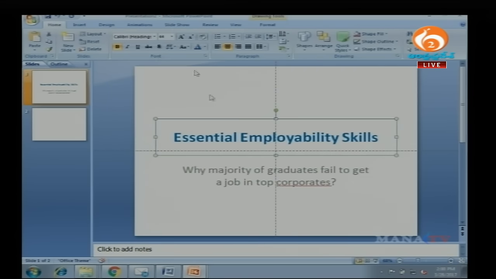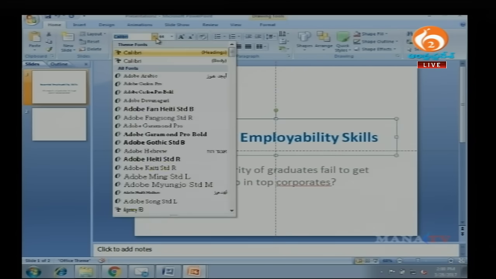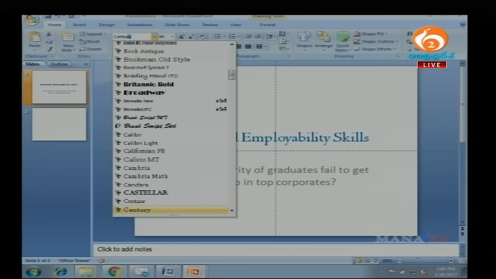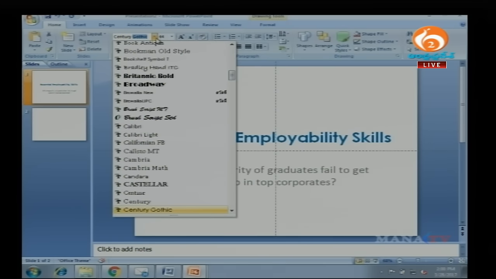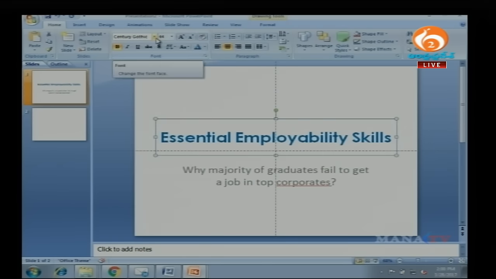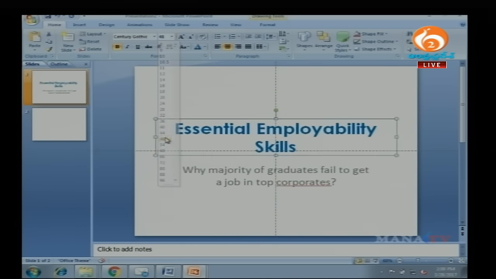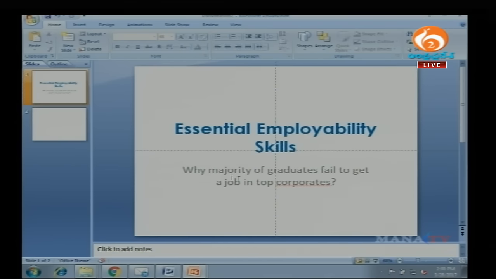Okay, so let me select this. Please never choose the font type Comic Sans. Comic Sans is not really a good font. Okay, so that's Century Gothic. Now I want to increase the font size a little bit more. Now this one,